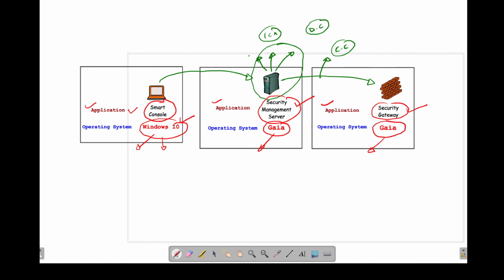Please remember the Smart Console, Security Management Server, and Security Gateways are all applications, but they need to be running on some OS. So we run Smart Console on the Windows 10 operating system, and we run Security Management Server and Security Gateways on an operating system called Gaia.